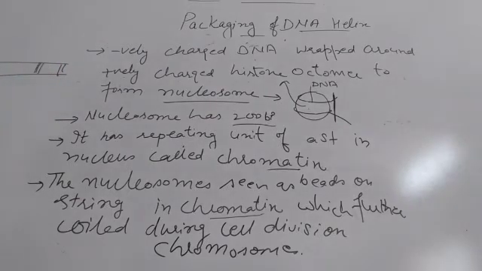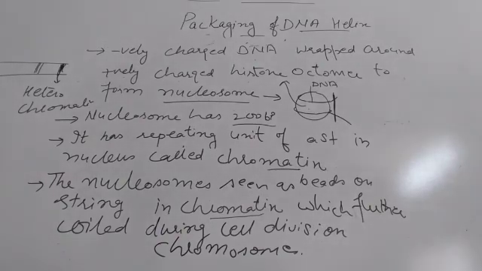This light color is called euchromatin. And the chromatin that is more densely packed and stained dark is called heterochromatin. Now this one dark part is called heterochromatin. We call it heterochromatin, right? The light part is called euchromatin and the dark part is called heterochromatin. Clear? The euchromatin is said to be transcriptionally active chromatin.